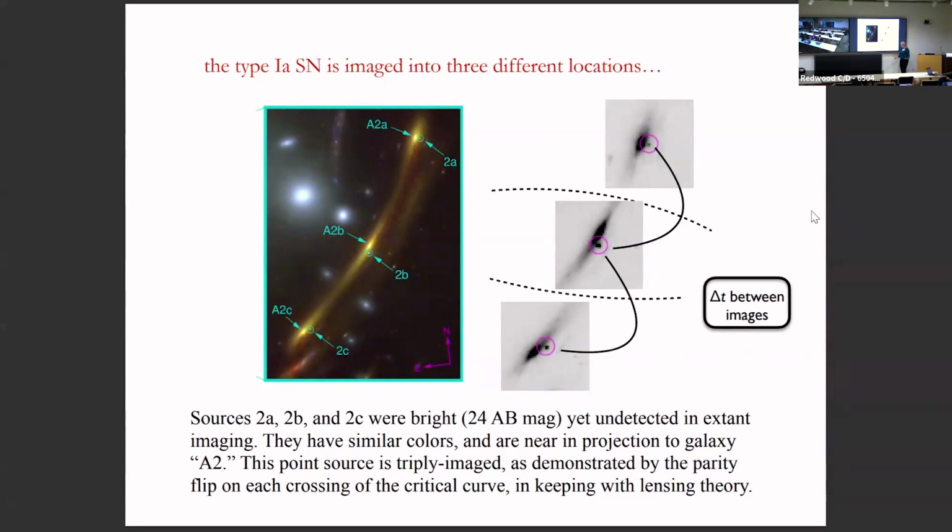Okay, and we can take a stopwatch and measure the time difference in the arrivals of the supernova to each of the images. And with those time differences, a lens model, and the lens and source distances, we can measure H0 by the method of time delay cosmography. So that was the plan.